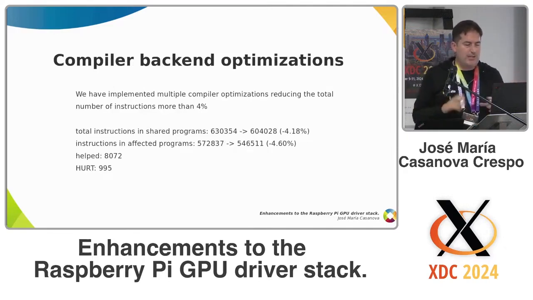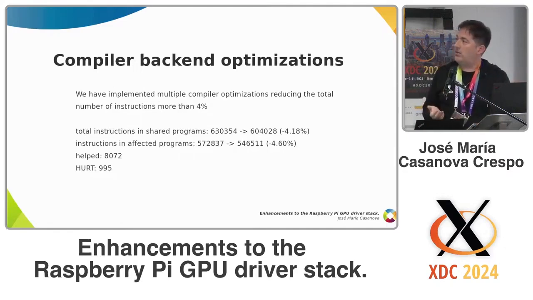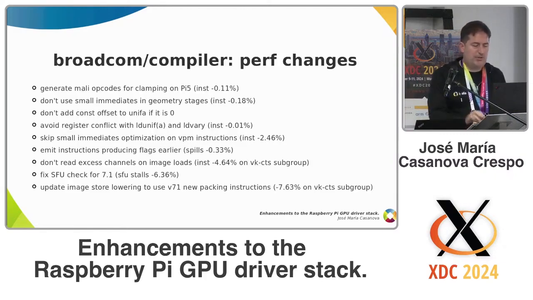Closing with the optimization, we also worked on compiler backend optimization. We managed, in a year, to reduce the number of instructions in shader-db by 4%. We did multiple